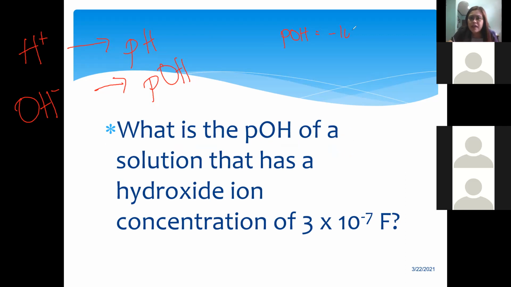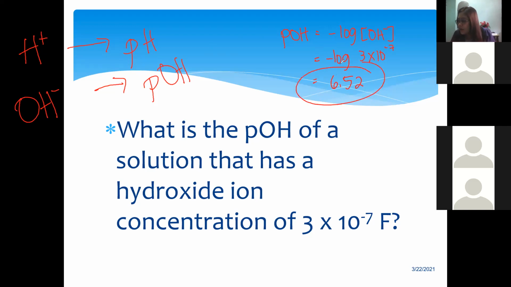But it's the same thing, it's the same computation. Negative log of the 3 times 10 raised to the power of negative 7. So this one is very easy. You just have to place negative, tapos log of 3 times 10 raised to the power of negative 7. So your answer is correct. It's